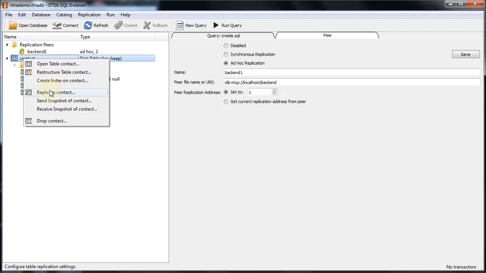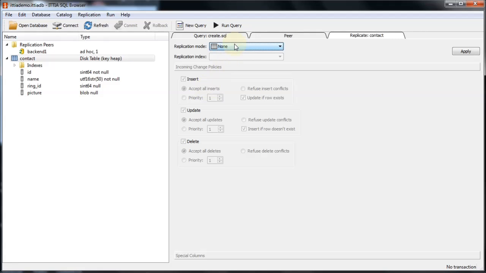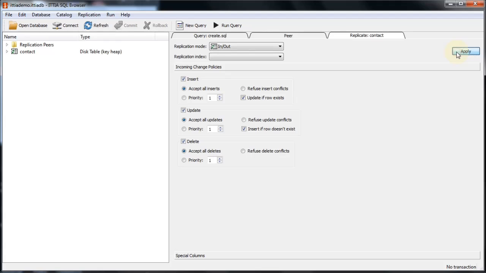Now, to synchronize the contact table, I'll use the same in-out replication mode I set on the back end before. Again, the icon shows the replication mode now. With that out of the way, I'm ready to insert some data into this database.